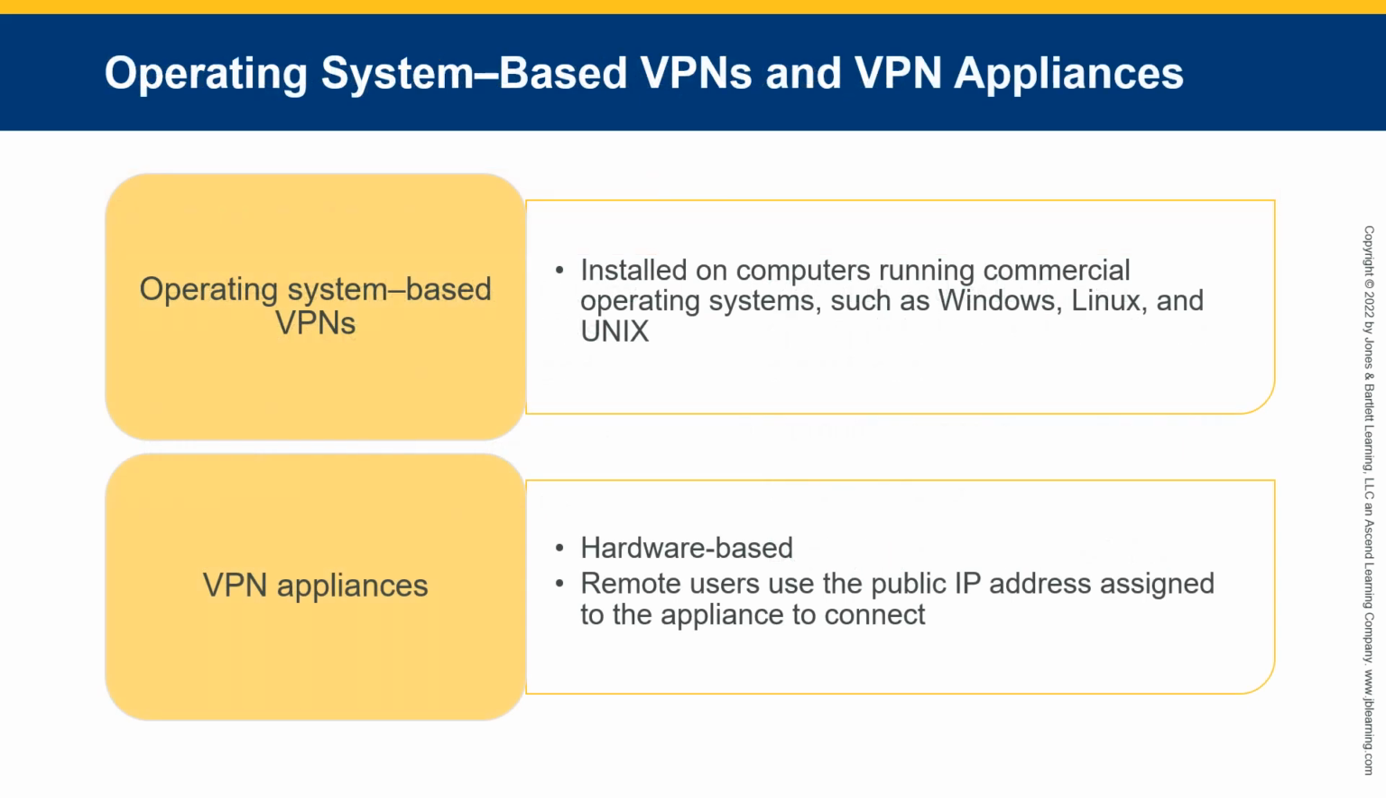Now, as a refresher, there's two types of VPN solutions. The operating systems, where you install the VPN solution software on a server that's either running Windows, Linux, or Unix. And Windows has one built in called Routing and Remote Access. They have that natural built-in